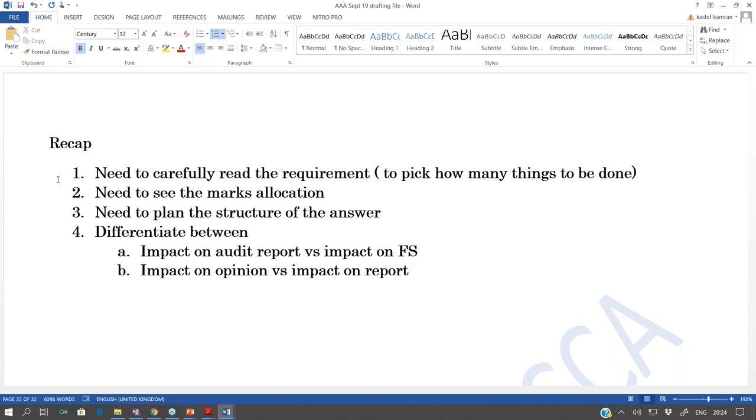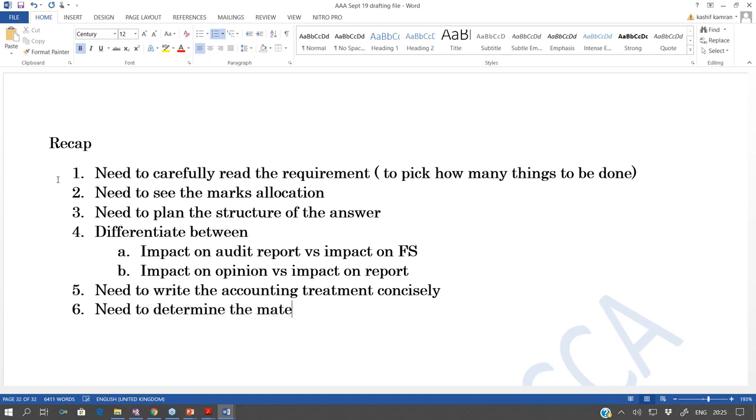Okay, so is this important? Need to carefully read the requirement, need to see the marks allocation, need to plan the structure of the answer, differentiate between impact on audit report versus impact on the financial statement, and impact on opinion versus impact on report. And is there a need to do this as well? Need to write the accounting treatment concisely, and need to determine the materiality